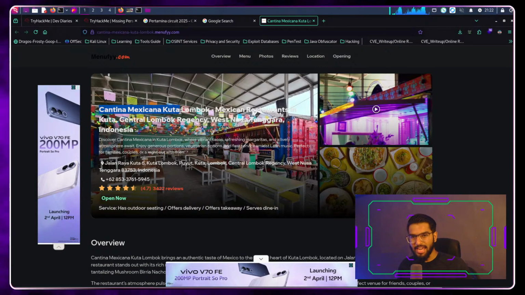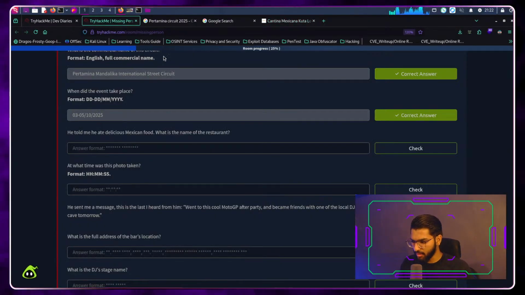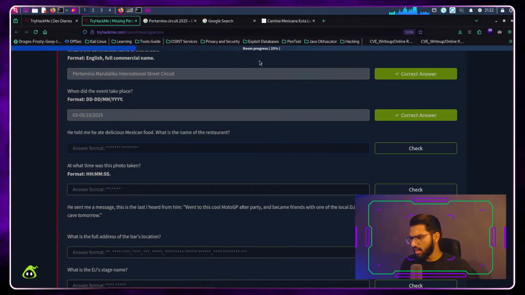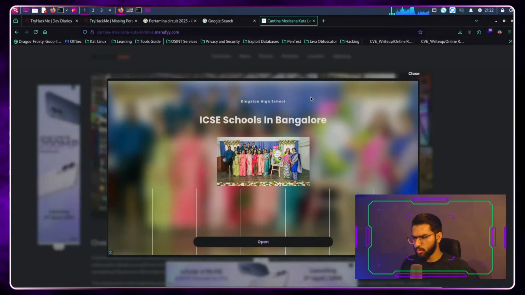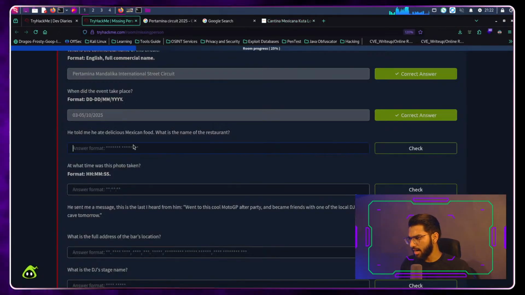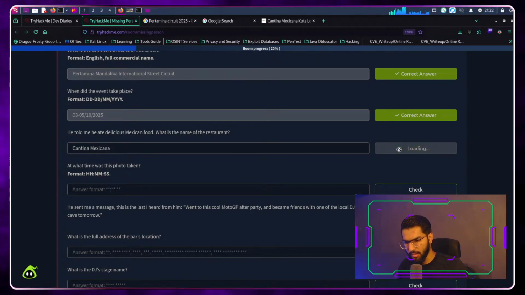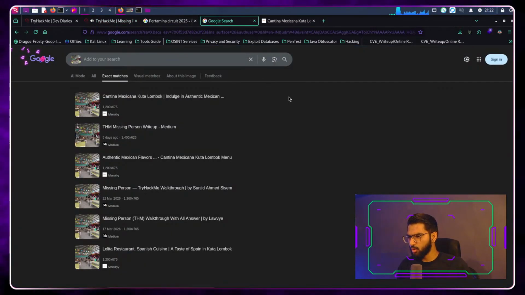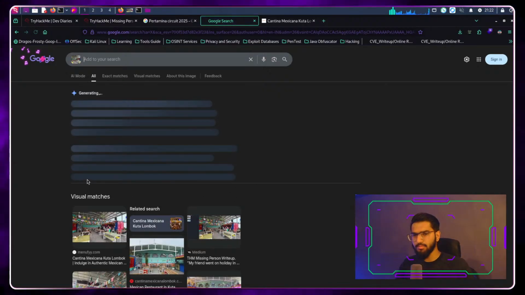Okay, so that's the name of the restaurant where his friend probably had his dinner or lunch or wherever he ate. It's just two words, so all that we need to do is copy just the first two words. Let's copy that and paste it right in here. Then click on check. That has identified it. So we use image searches to find exact information about what a person is doing, where it is from, and where this photo was taken. Does it resemble any of the matches or any of the information that is publicly available?